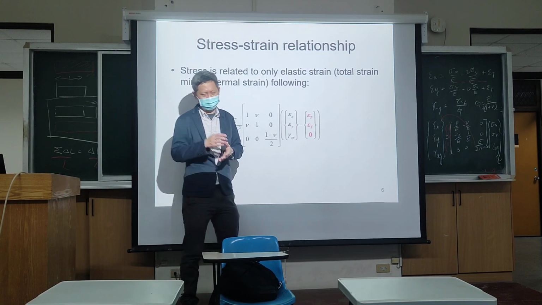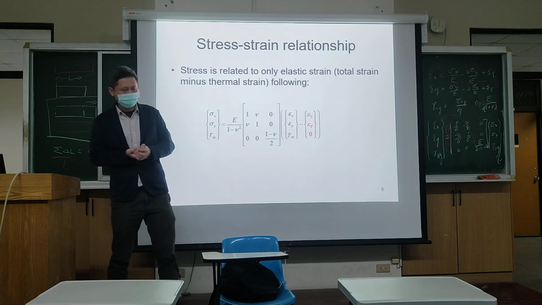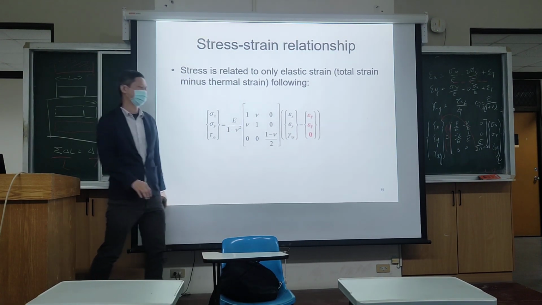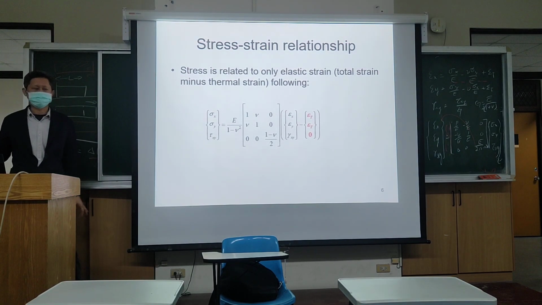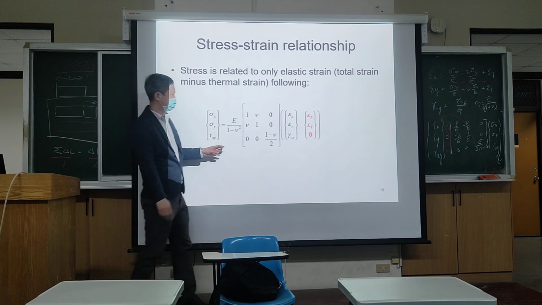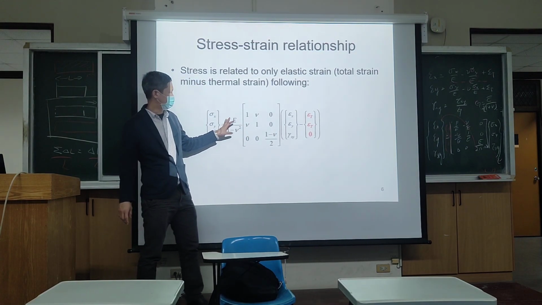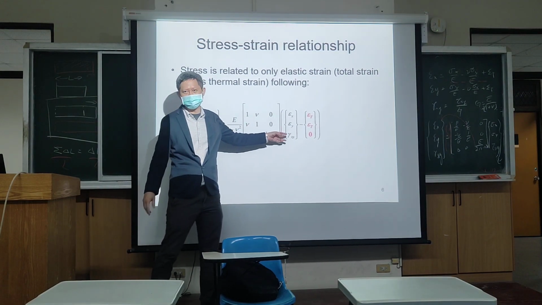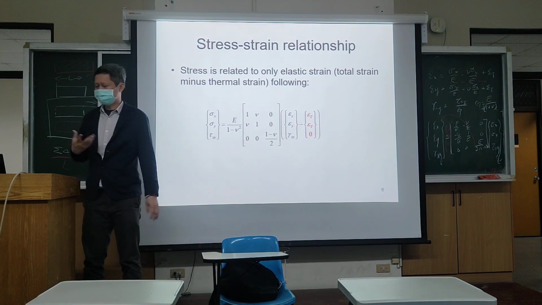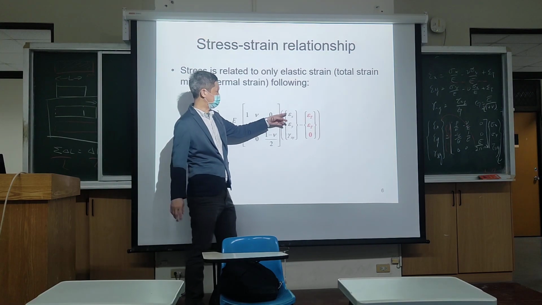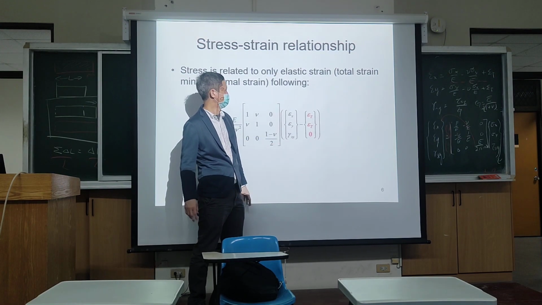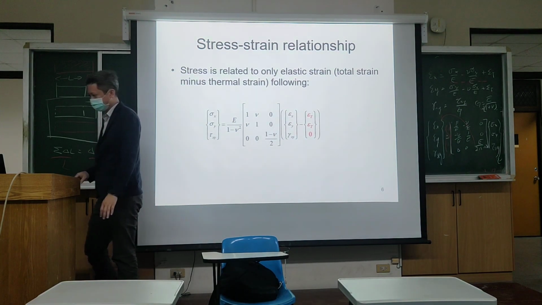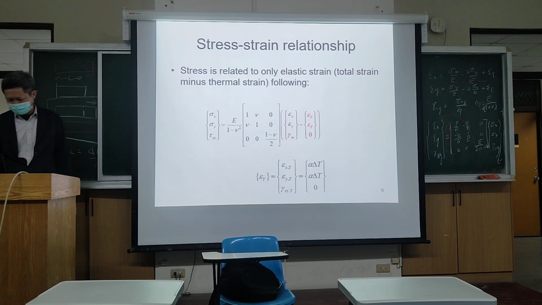But this strain must be pure mechanical strain. So then you have the total strain minus the thermally induced strain. 所以我们在计算机械应力的时候，所以你的这个式子呢，应该是你的这个杨氏模数乘上应变，但是这个应变呢，必须是机械应变，所以我们一般写的 epsilon x 是总应变，所以你要减掉热应变，你才会得到纯机械应变。Okay, that way,